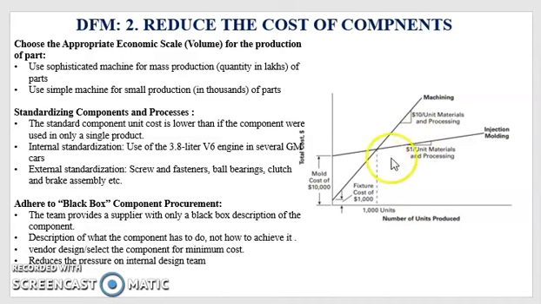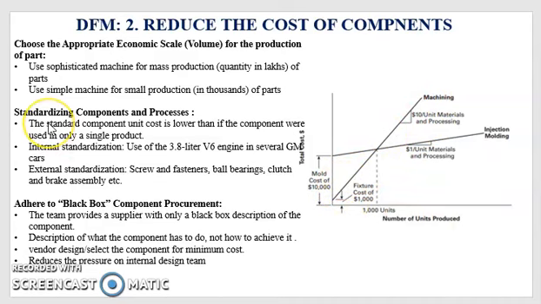This figure depicts the variation of the total cost versus the number of units produced, using advanced and conventional machining processes, injection molding, and the machining line will define the conventional machining method. If the number of parts produced is less than 1000 units, then the conventional method or the machining line should be preferred in the manufacturing of the component.